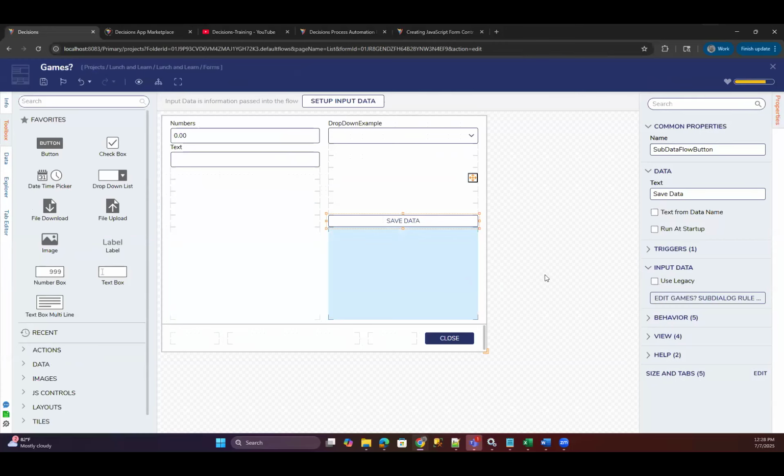Then I chose, you took off use legacy. My button had use legacy checked, I'm just going to check right now. If I go into this form, my save button has use legacy, yes it is, and it has edit flow ID right below it. And that's what I use to create the save process. So I created a flow inside of this form to do the saving.